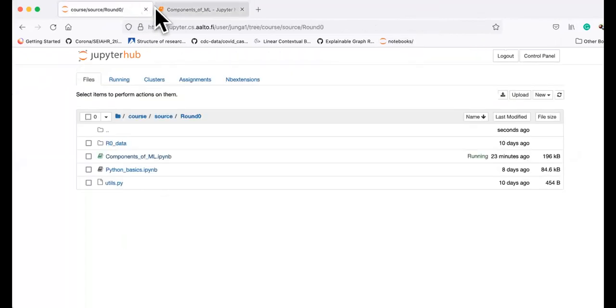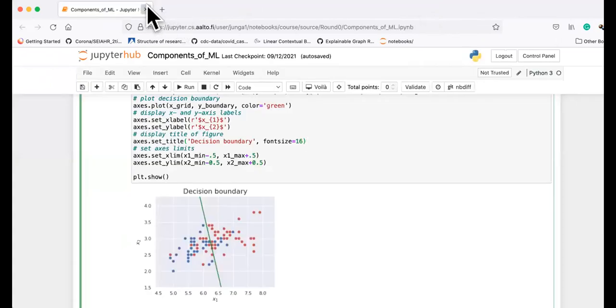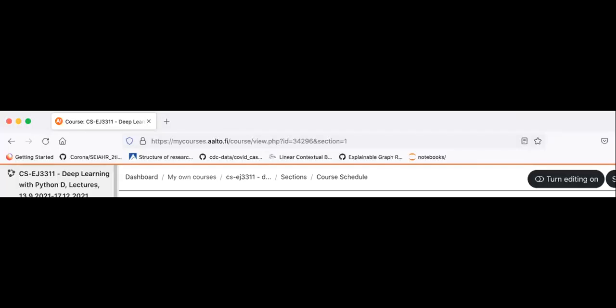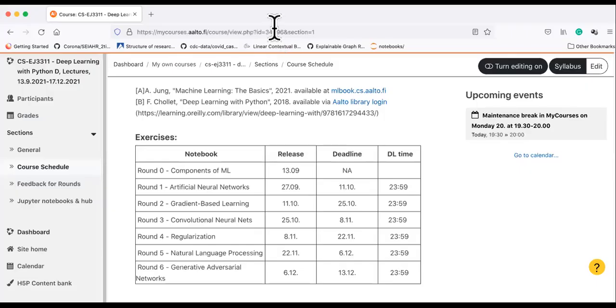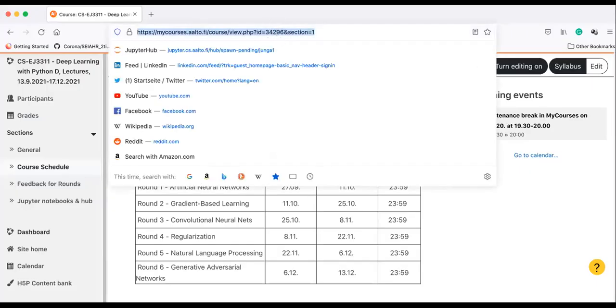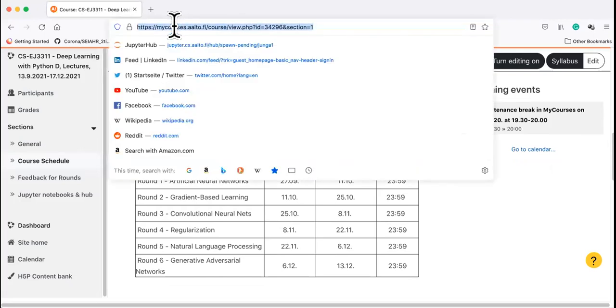Yeah, first of all, how can you access them? All these exercises are on the Jupyter Hub server of our department. So how do you find the Jupyter Hub server? You go to your favorite browser, whatever it is. That's all you need. You need a browser that is connected to the internet. That's all you need for this course. So we go to Jupyter Hub.